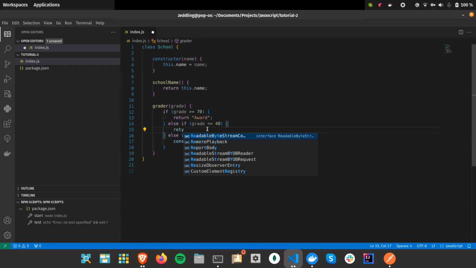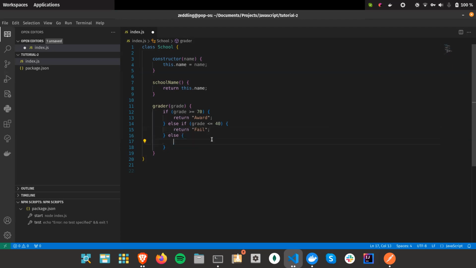It is return for these two. Is return for that too. So ideally what happens is at this point,